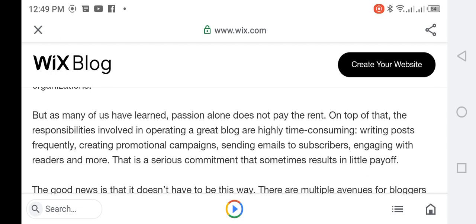On top of that, the responsibilities involved in operating a great blog are highly time consuming: writing posts frequently, creating promotional campaigns, sending